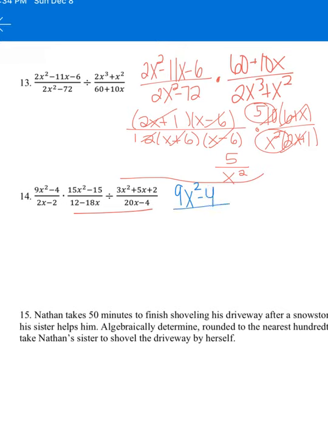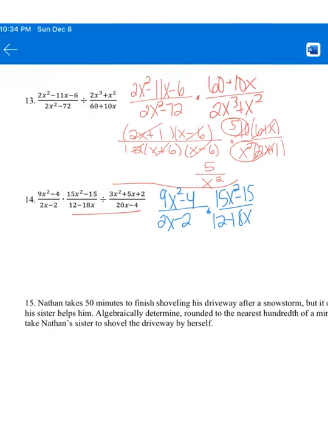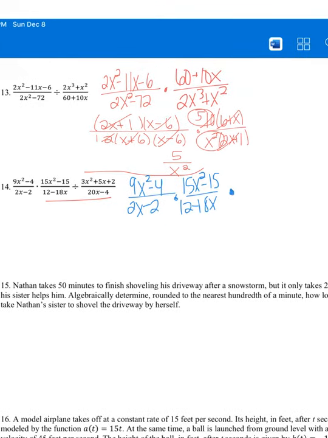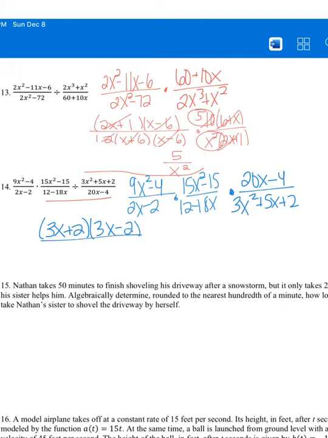9x squared minus 4 divided by 2x minus 2, times this, 15x squared minus 15 divided by 12 minus 18x. So that's your keep, change the division to multiplication, and then flip this fraction. And then it's a normal multiplication problem. You factor everything, see what cancels out. So 9x squared minus 4, that is 3x plus 2 times 3x minus 2, divided by 2x minus 2, which is 2 times x minus 1,